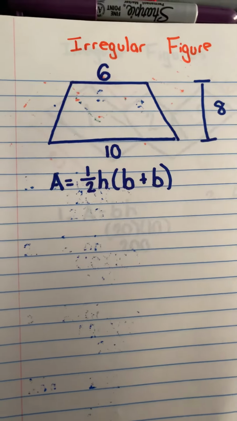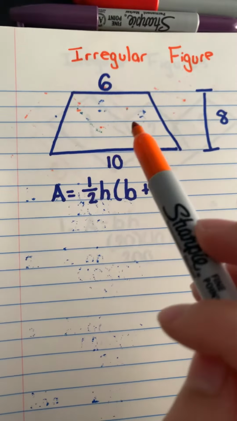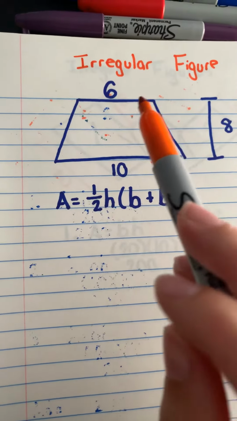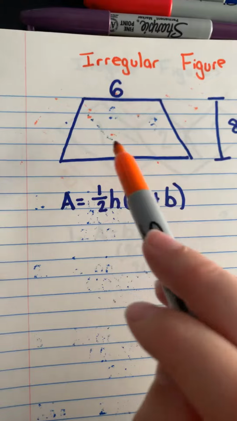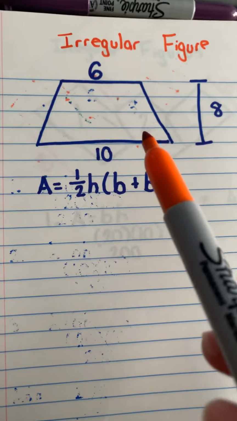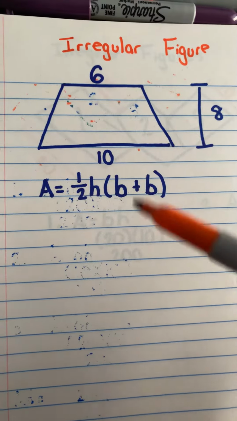So I have another example of an irregular figure. Right here, we actually see a trapezoid. It is an irregular figure because a trapezoid is made up of triangles and a rectangle in the middle. But because we actually have a formula for the area of a trapezoid, I find it easier just to use